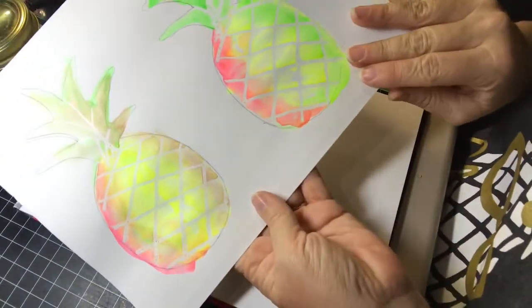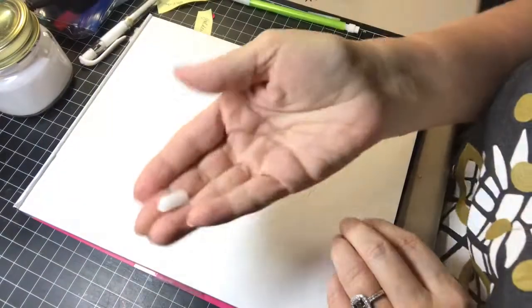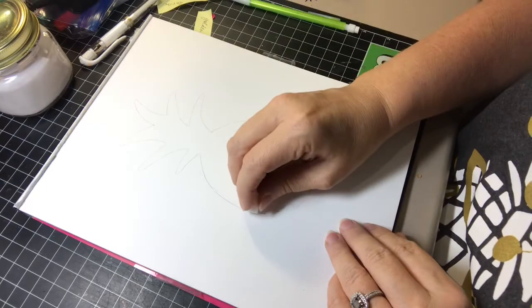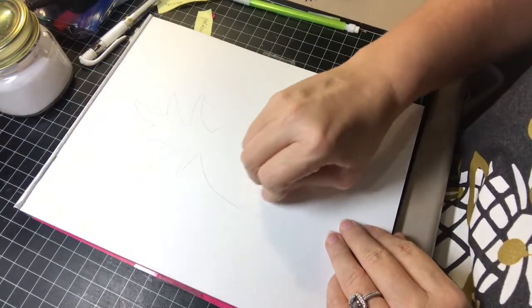Here's an example of what we're going for. You can see the resist lines there. So we're going to take a wax crayon, it's just plain wax crayon, and make some lines. It's going to kind of be hard to see, so just follow along, and basically we're going to make